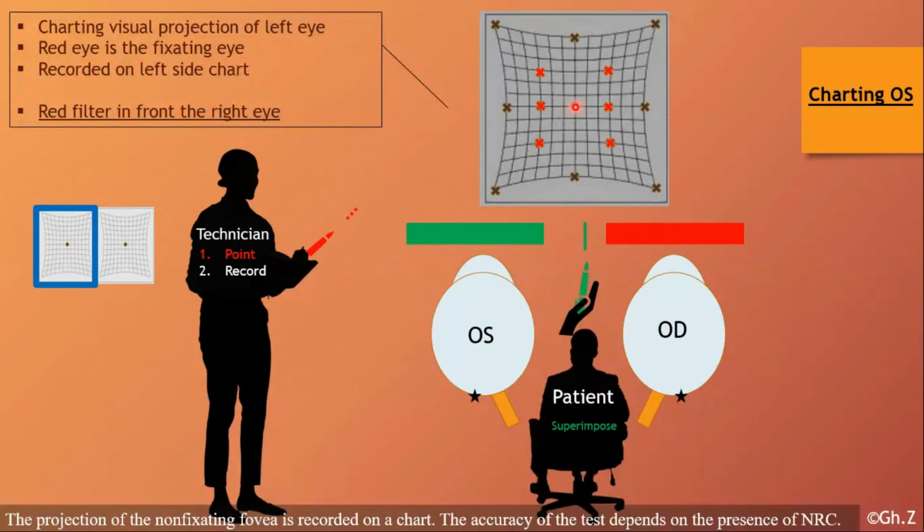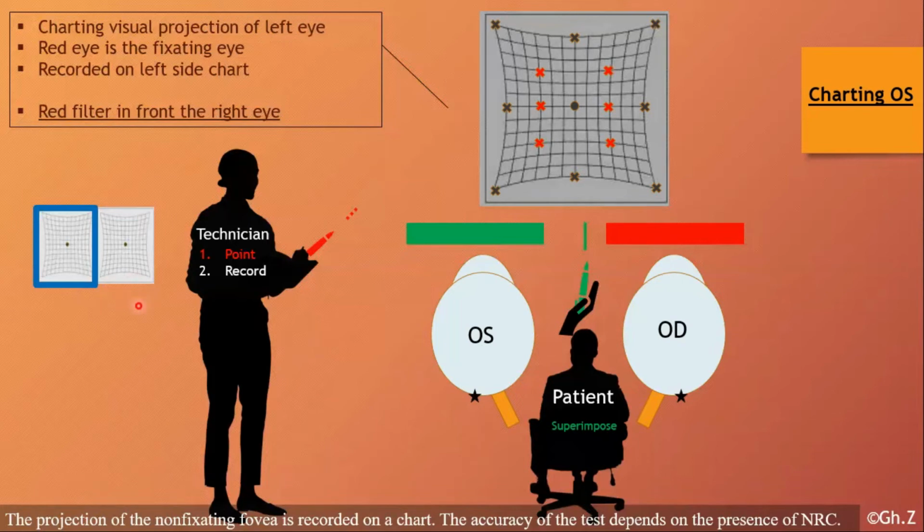If the patient exactly superimposes the green slit on her red dot, she will record. She is holding a paper, like a chart. She will record that this point is exactly on the fixating point. So she is responsible for pointing, and she is responsible for documenting the findings of the patient. As you can see here, actually she is holding 2 charts, because there is a chart for the right eye and there is a chart for the left eye.